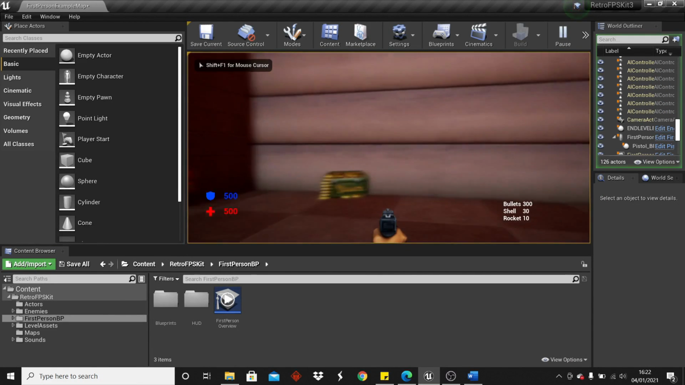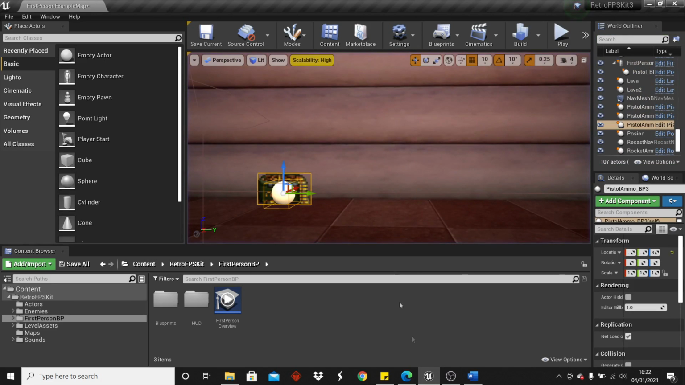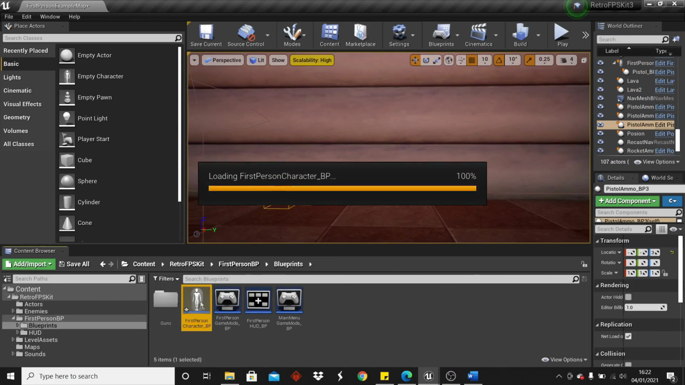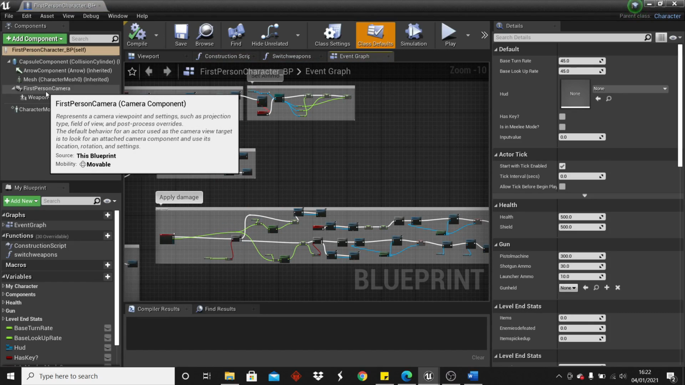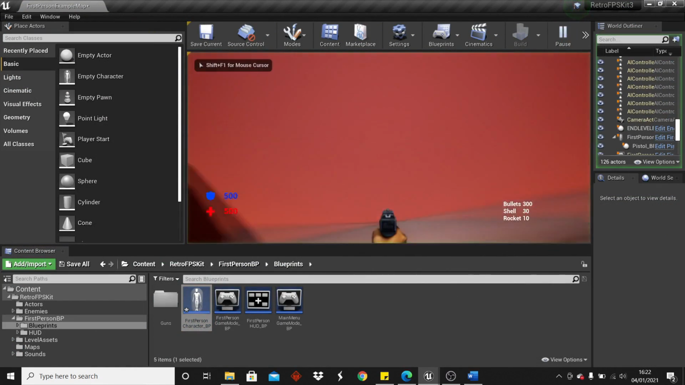I did it so that it would have this retro feel to it, but if you wanted it so that the camera can move up and in all the directions in the first person character, you just want to click on the first person camera, and then you want to click under camera options, use pawn control rotation. And now when you click play, you'll be able to aim and move everywhere if you want it in this